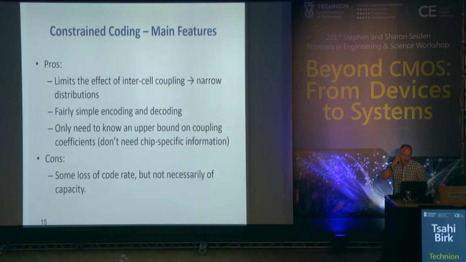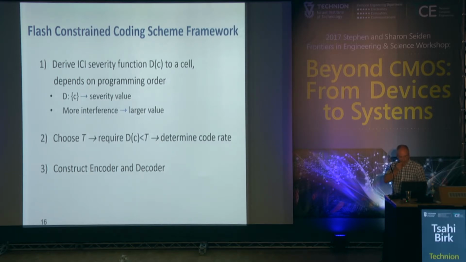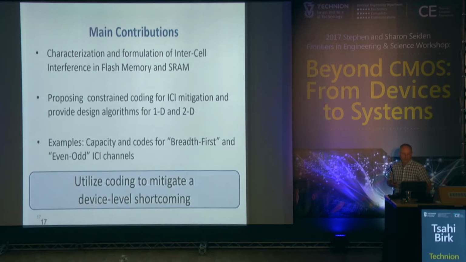The cons are some loss of code rate or capacity, but not necessarily of capacity, because if we can add levels, it may more than offset the loss. So basically, when given a chip and a program order, we derive the interference or disturbance function to a cell, impose the limit, and forbid those combinations that exceed it, then construct an encoder, a decoder, and go to work. The main contributions of the work we did on this are characterization,